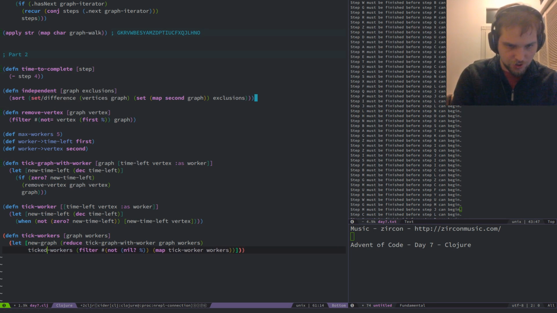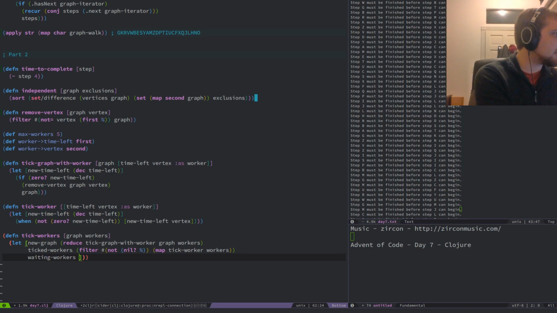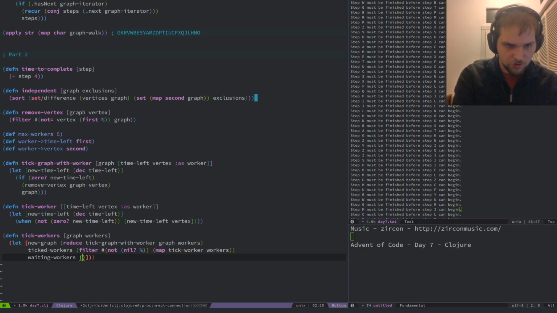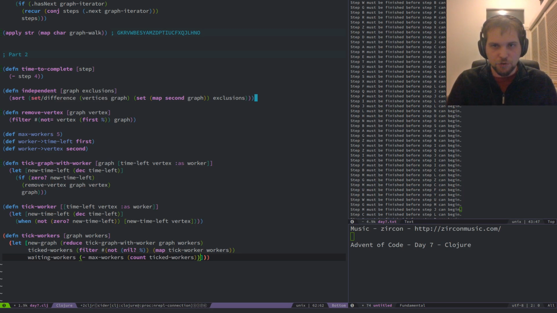This is just ticked workers. Waiting workers is going to be something that tells me max workers minus count of ticked workers. So this is the number of workers who are going to be waiting around for work, and that may be able to pull something down.